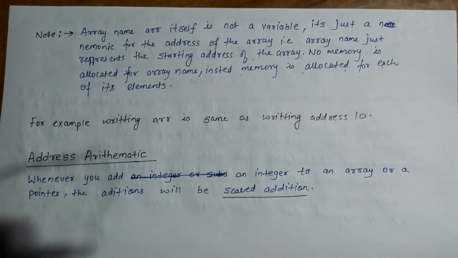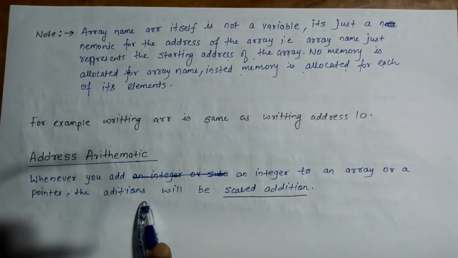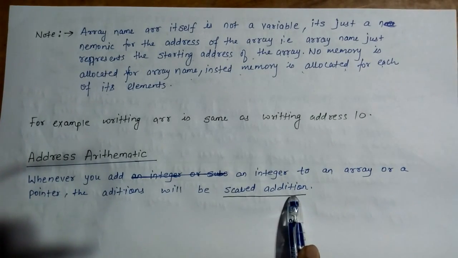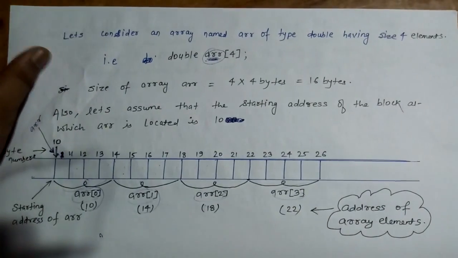Now we will look at how we can do address arithmetic. Whenever you add an integer to an array or a pointer, the additions will be scaled addition. Let's look at what it means. In this example, you can see